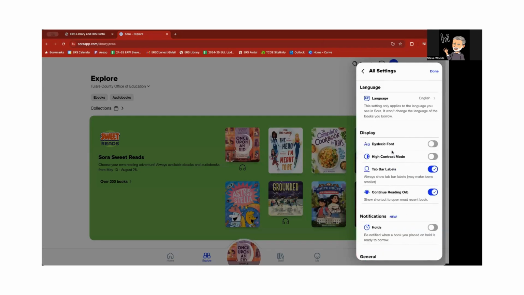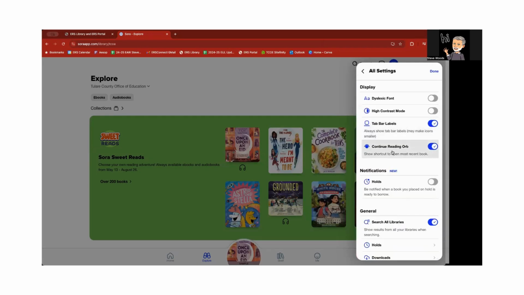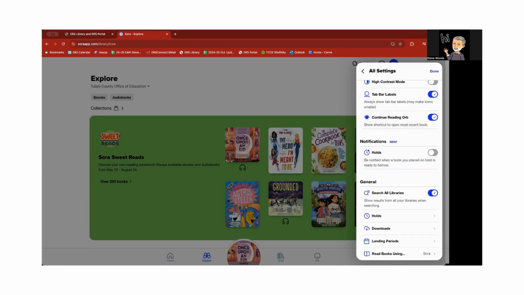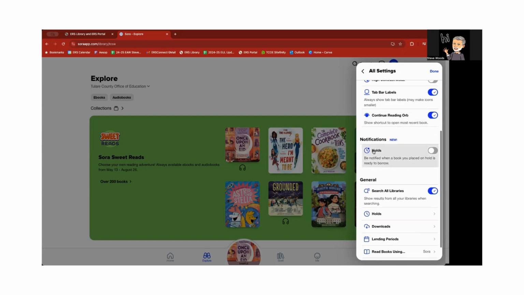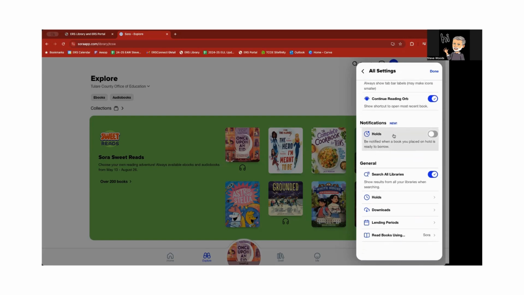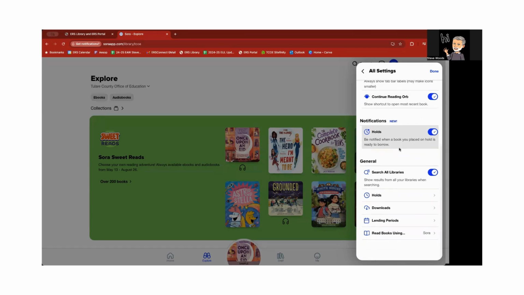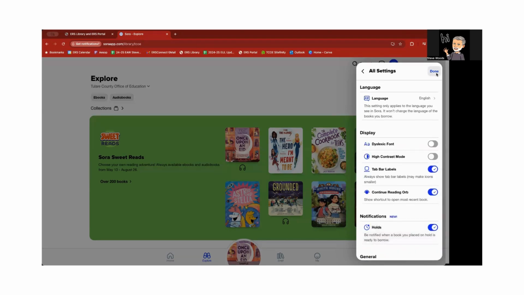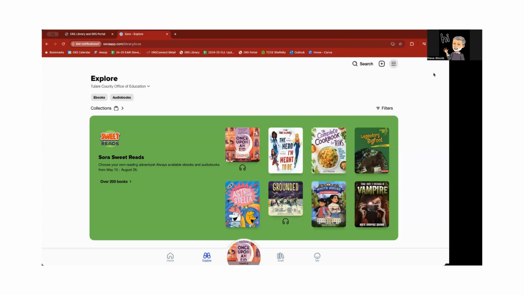I'm in all settings here. Tab bar labels. You want the orb down here to continue reading. Do you want to be notified when a book you place on hold is ready to be borrowed? That might be a nice one to go ahead and move over. So it will tell you when a book that you have put a hold on is ready for you. And then I'll hit done right here. All right, so